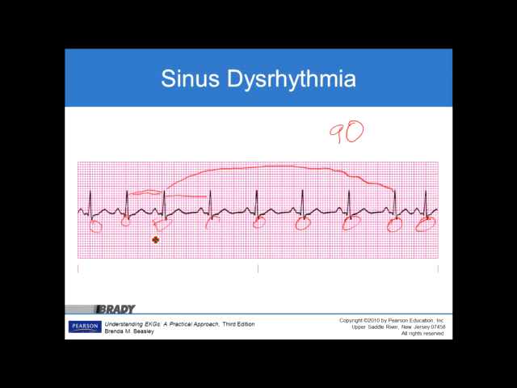Step 3 is PURU. Are the P waves upright, round, and uniform? And they pretty much are, even during the irregularity. The next step is to test the PR interval, and the PR interval here, 1, 2, 3, 4, is 0.16. Next, we look at the QRS, and the QRS width is pretty much 2 boxes or 0.08. So everything's normal except for the irregularity, and the irregularity is greater than